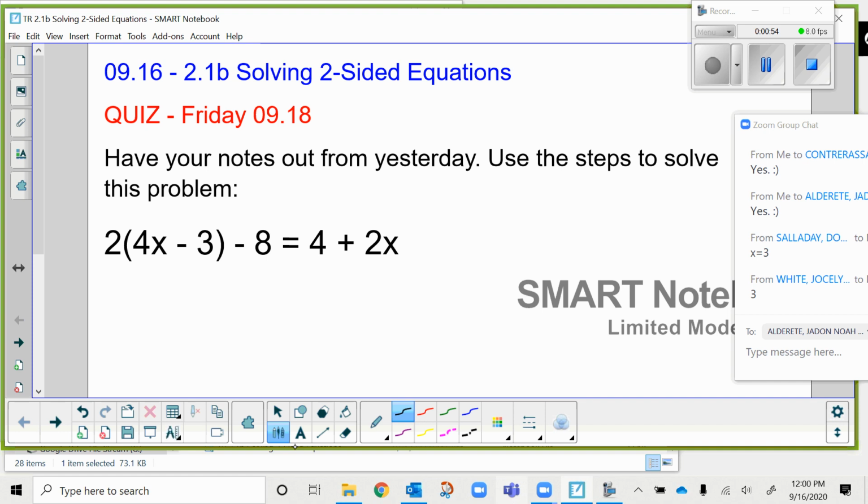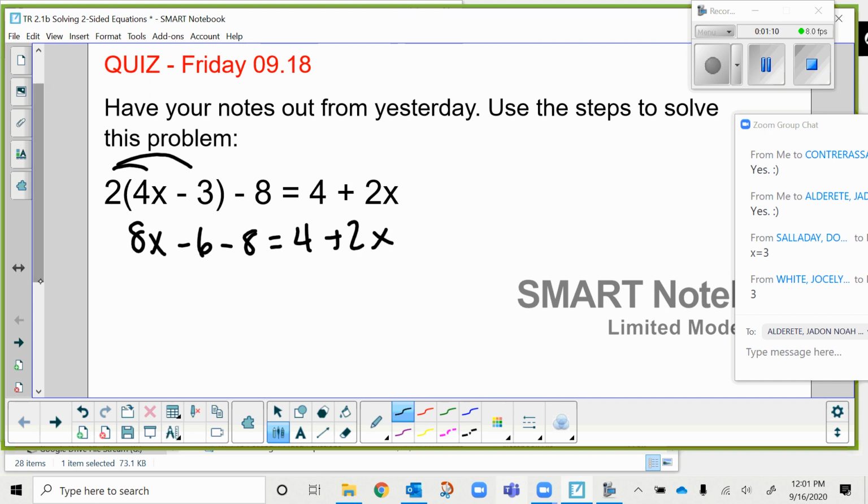So to start, we have this distributive property to take care of first. I always recommend doing distributives first to get rid of any parentheses. And you should always be sure to distribute to the second term inside the parentheses. That's one of the most common algebra mistakes, is to forget to do that. So then on the left-hand side, we can combine the -6 and the -8. So 8x minus 14,